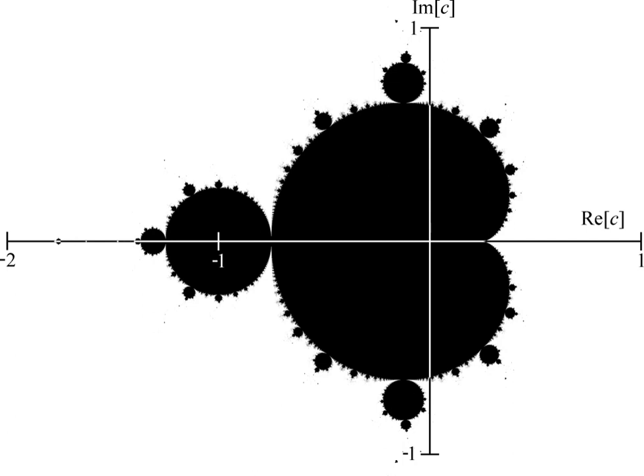A field is a set endowed with addition, subtraction, multiplication and division operations that behave as is familiar from, say, rational numbers. For example, the distributive law (x plus y)z equals xz plus yz